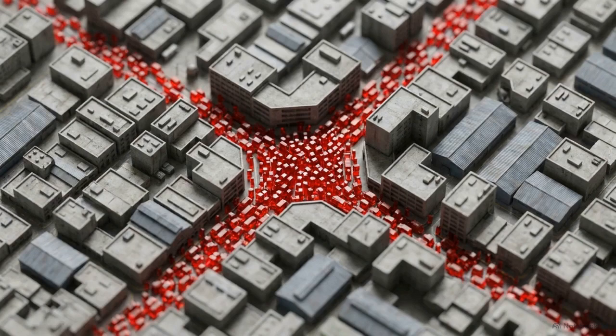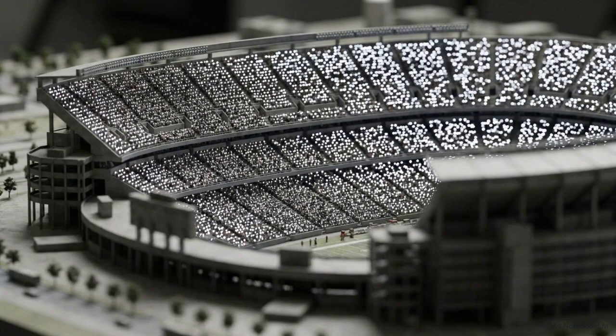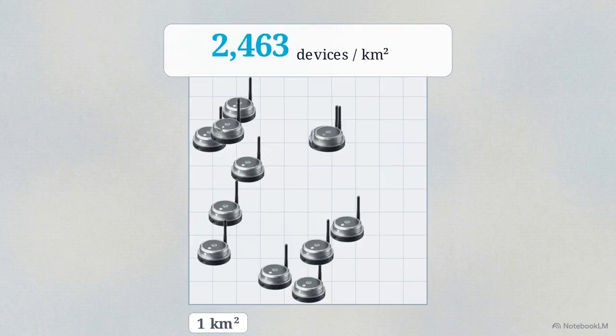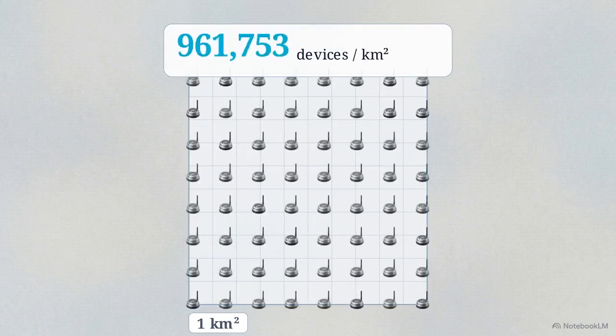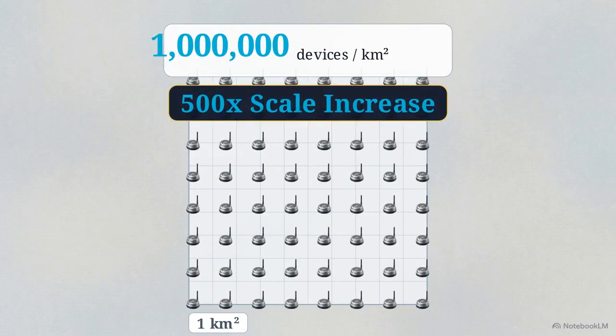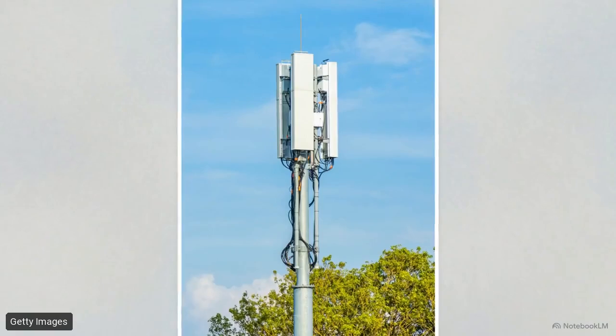The primary bottleneck of 4G architecture becomes obvious under extreme device density. In what engineers call the stadium problem, legacy networks degrade rapidly when pushed past approximately 2,000 concurrent devices per square kilometer. The mMTC specification in 5G requires the network to handle 1 million devices per square kilometer, a 500-fold increase in scale. Look at this cellular telecommunications tower.